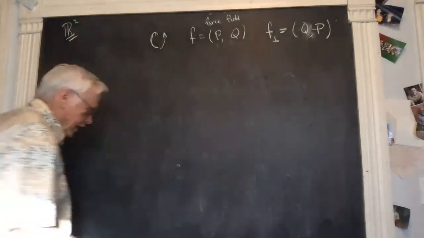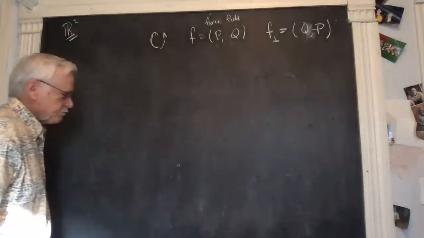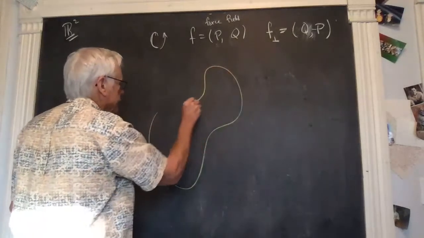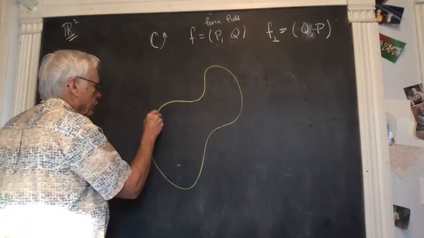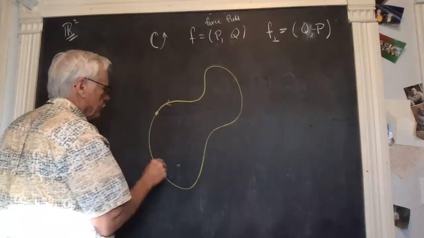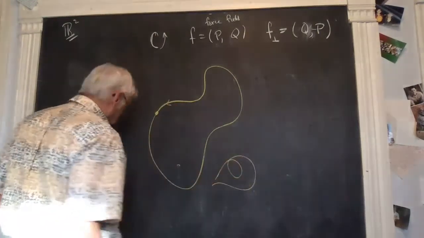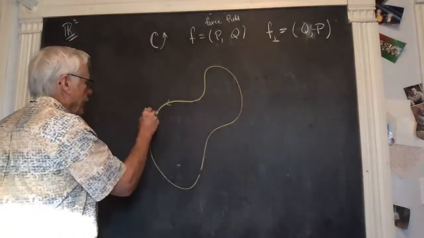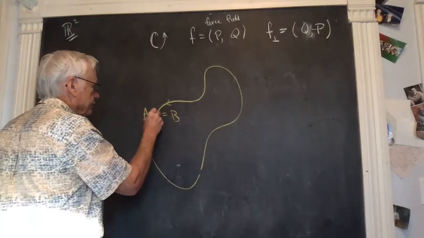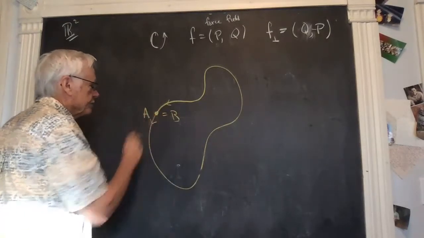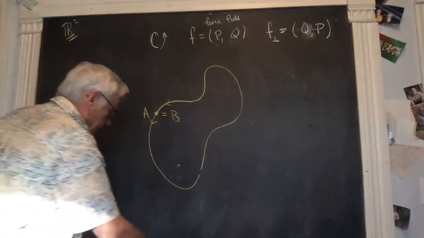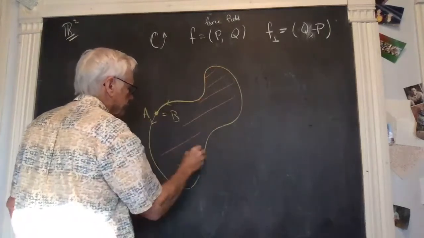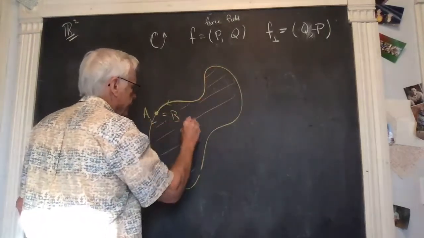So now what we'd want to look at is the following. We want to look at what happens if our curve is closed. And I'm going to begin with a curve that is called simply closed, meaning that it doesn't have loops in it. So it's one-to-one except at the endpoints. So A equals B. The beginning equals the end. So a simple closed curve will enclose a region D,